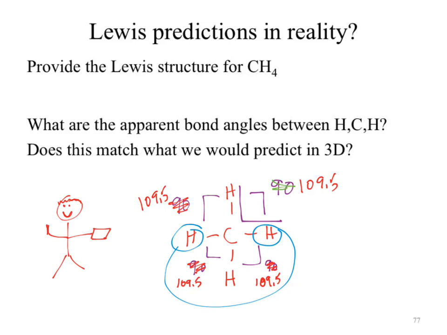When we look at a molecule, it is not two-dimensional. It is three-dimensional. The reason we have 109 degrees, or 109.5 degrees, between each of those is because when we look at methane, it is not flat. It has a three-dimensional characteristic. That three-dimensional shape happens to be known as